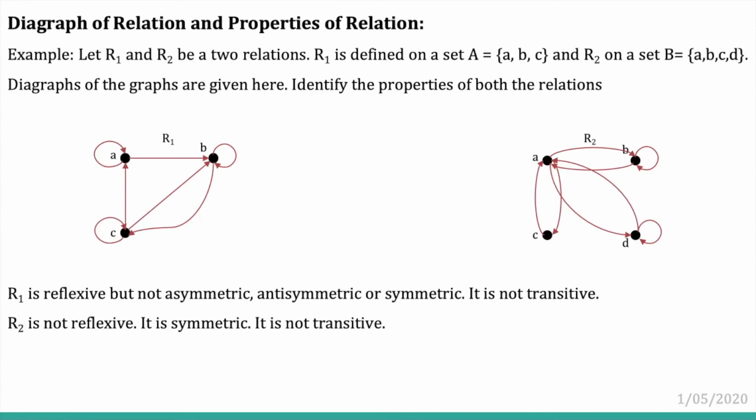A relation can also be represented by a digraph, where an ordered pair AB is represented by a directed edge from A to B. For a relation to be reflexive, it must contain loops at all the nodes, relating those nodes to themselves. For a relation to be symmetric, if there exists an edge between two nodes, then there must be another edge between these particular nodes, completing a cycle of length 2 between these two nodes.